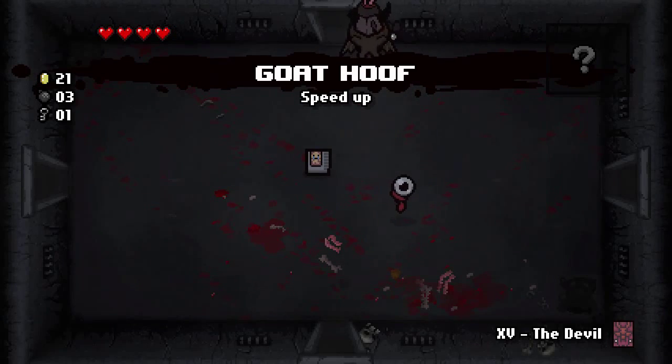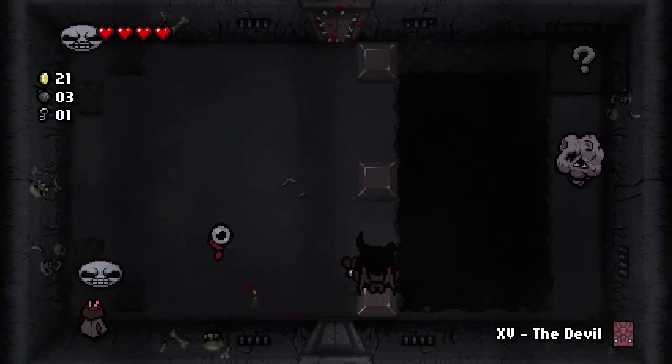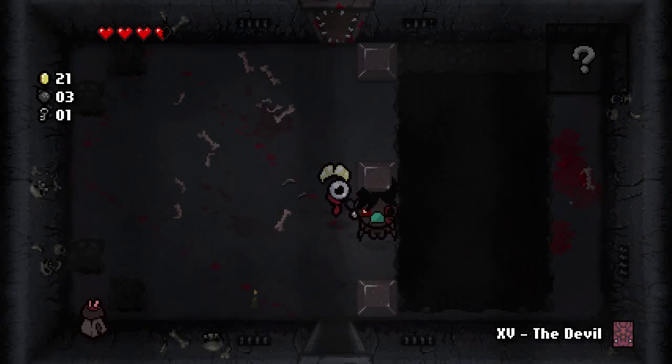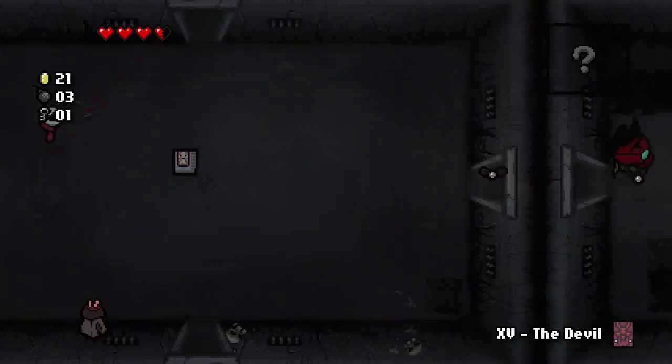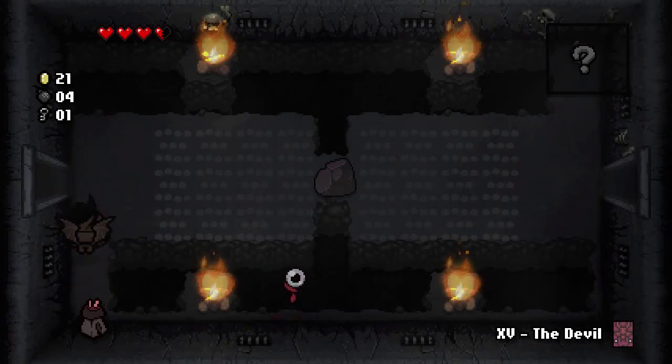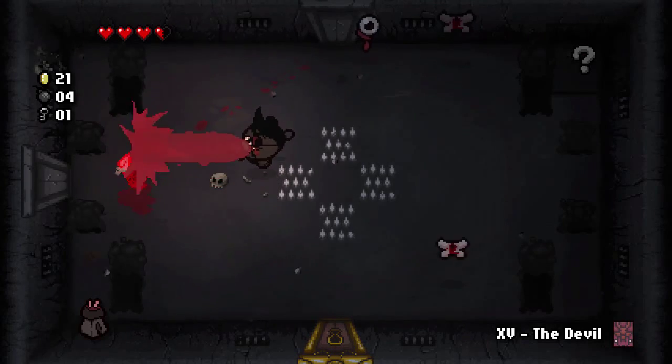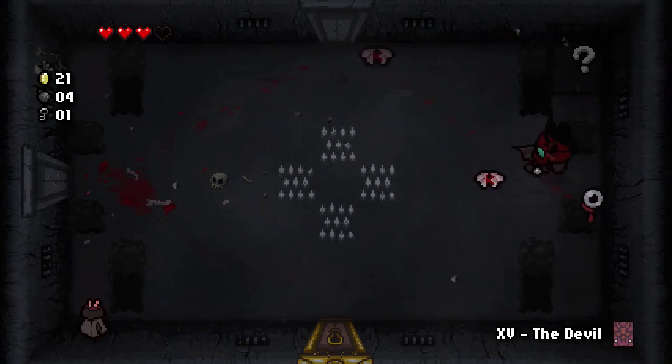I'll take a speed up over a cartridge, which I have no idea what it does. Hopefully it does something. I'm assuming it does something. That's the broken toenail. So there goes my deal with the Devil chance. We had a good run at it. We had a couple floors where we didn't take any red heart damage and just got unlucky, but this time,